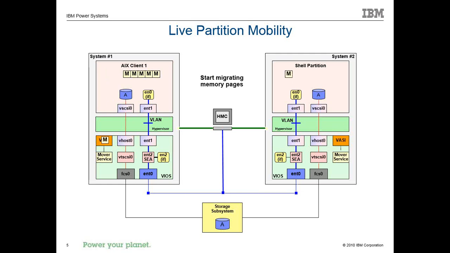Then we'll start moving memory pages. If you're careful, you'll see that it's going down through that VASI box. If you saw those M's, they're going down through the hypervisor through that VASI. So we're copying pages over. And what happens is this partition on the left is still running, and pages are getting dirtied, and we have to resend the pages over. If it's a very busy partition, we may resend some pages a lot.